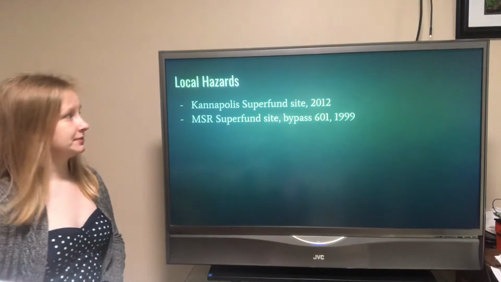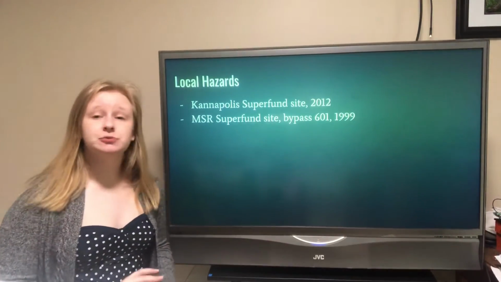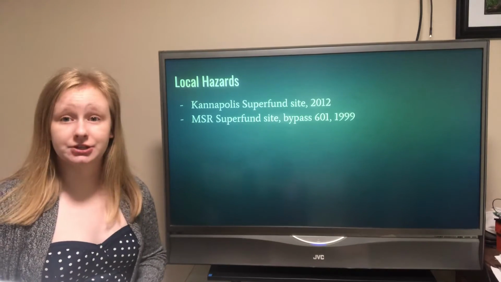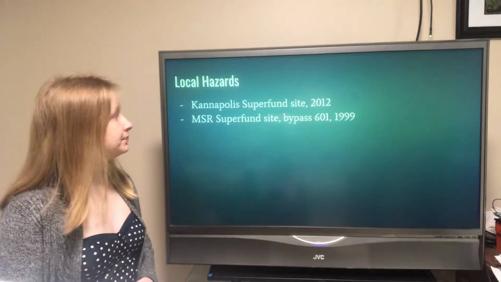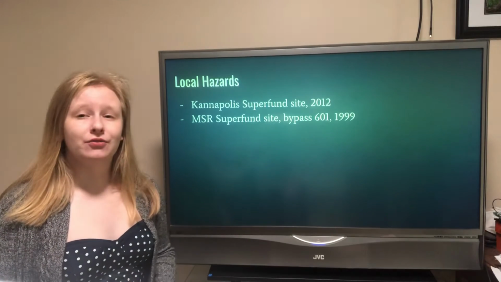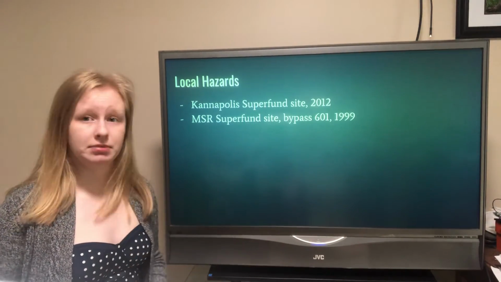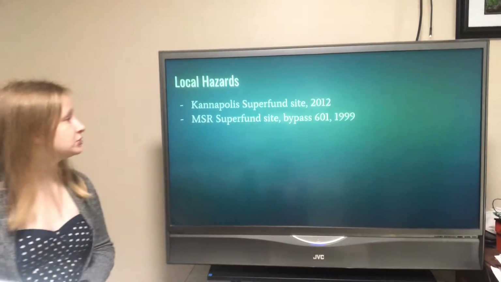Local hazards. First, I want to clarify what a Superfund site is. Superfund sites are sites that are deemed hazardous by the US EPA, and they have to be treated over many years because the process of removing the hazards is very complicated. The Kannapolis Superfund site,